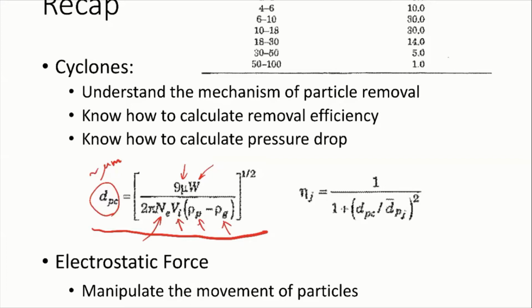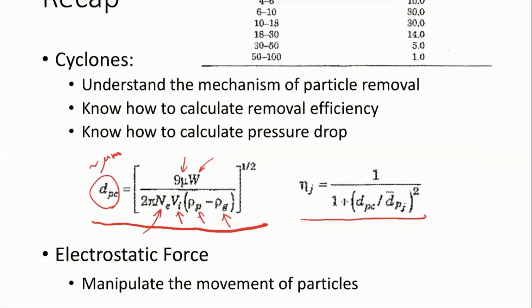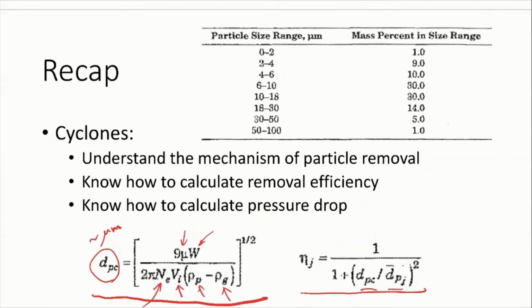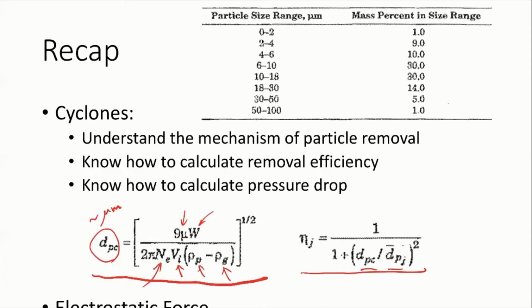Once we get this dpc, we can calculate the efficiency for particles with all different sizes, because finally the efficiency is calculated by this equation, right? 1 divided by 1 plus dpc divided by dpj. So dpj is the size that we're interested in. For example, if we're talking about this size distribution, then we can first find out what dpj is. That is just the average of the size range. It's going to be 1, 3, 5, and so on, right? And with the dpj, we can calculate eta j,